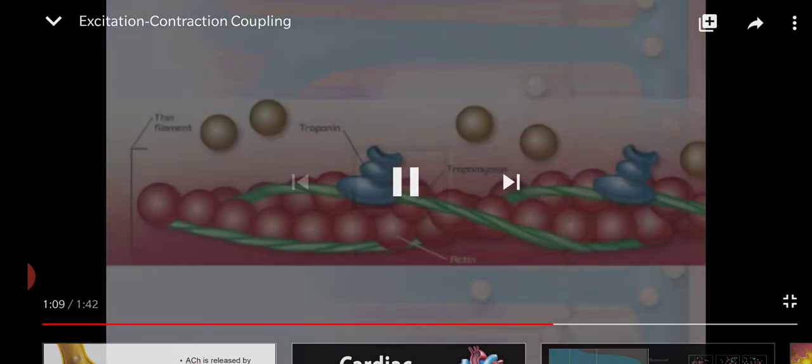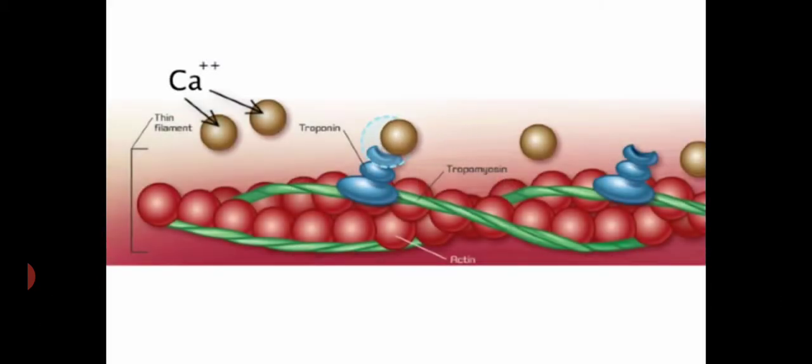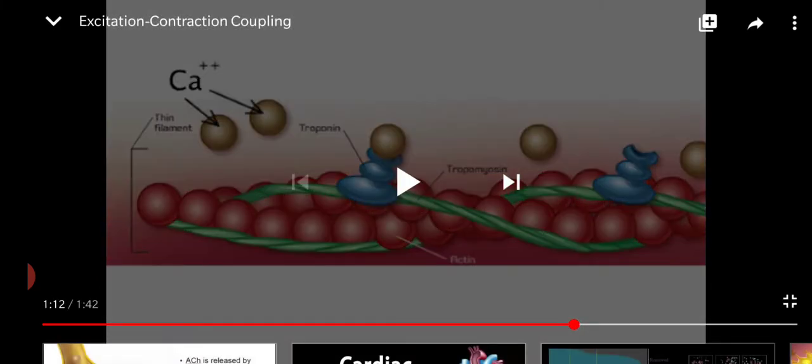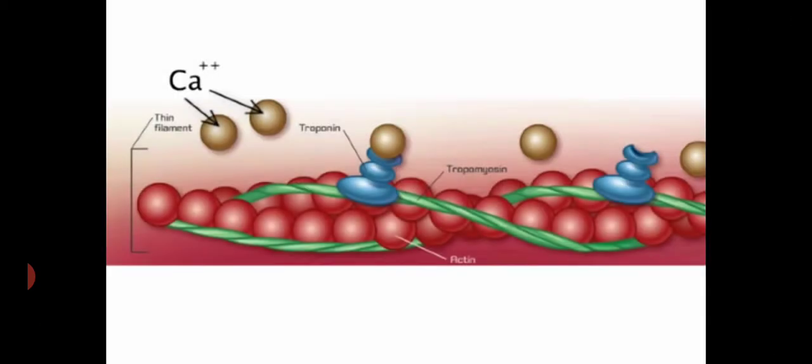The calcium ions will now bind to the troponin of the sarcomere's thin filaments. So we have troponin bound to the tropomyosin, and that tropomyosin is a very important substance. Tropomyosin is hiding the myosin binding site. As you probably heard a couple of times during your life,